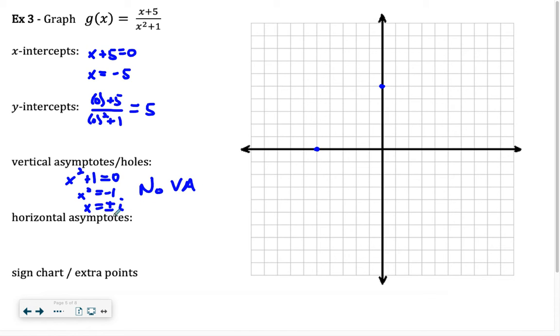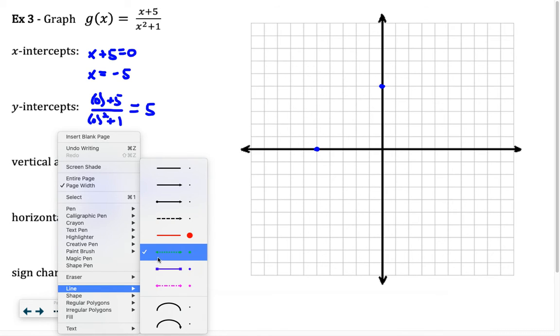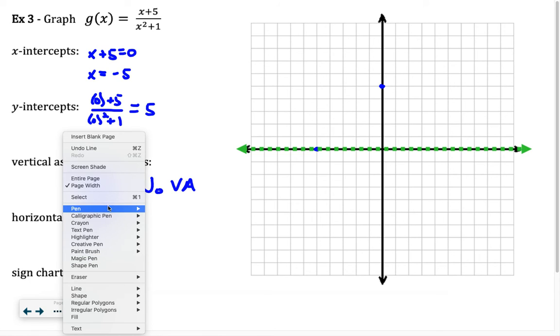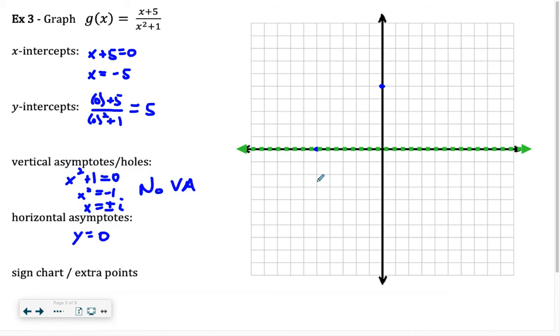There are no real values for which the denominator equals 0. Horizontal asymptotes then, well, the power in the numerator is less than the power in the denominator, that automatically means that y equals 0 is a horizontal asymptote. So let's put that in here. And we can actually see that we are going to cross that asymptote over here. So in this example,